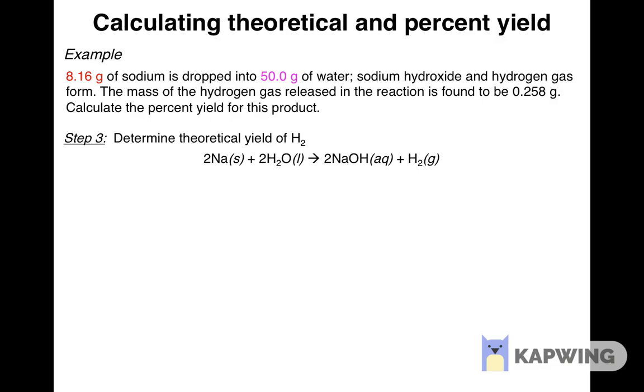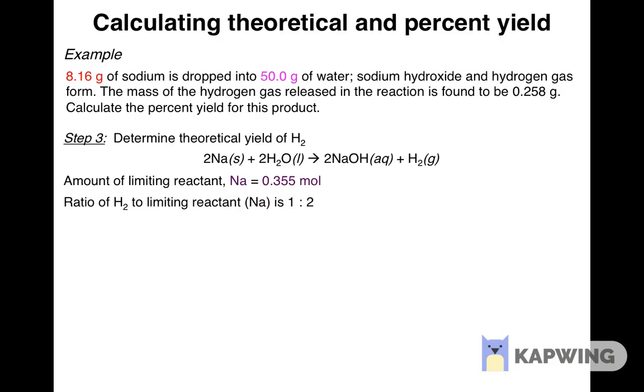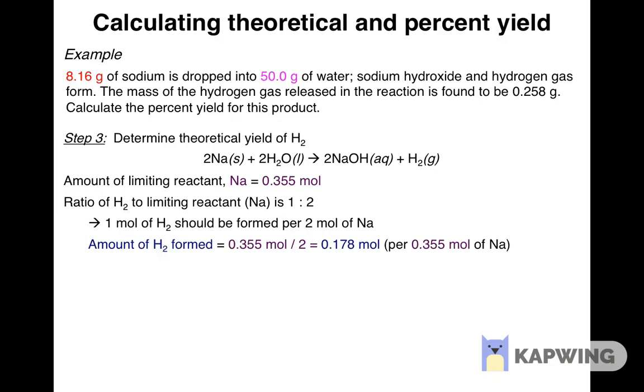These coefficients mean that for every 2 sodium atoms used, we will form 1 hydrogen molecule, or in other words, that we will make half as many hydrogen molecules as the number of sodium atoms that we start with. If we react 0.355 moles of sodium, we will form half as much, 0.355 divided by 2, or 0.178 moles